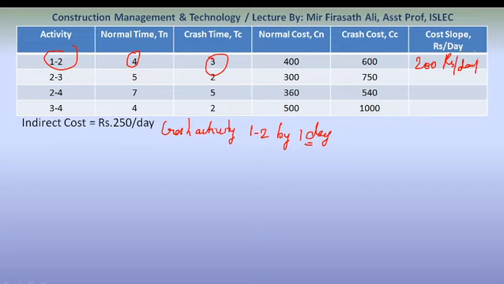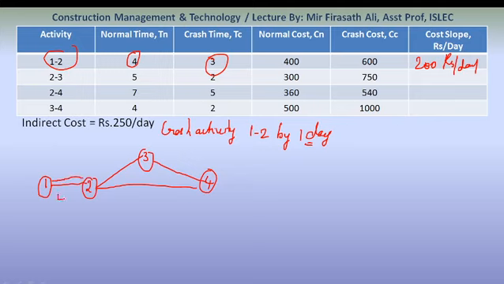Now look at our critical diagram. How much is it? 1, 2, 3, 4. Okay, so now both paths are critical paths. We are crashing this for 1 day, so actually it was 4, we are crashing it by 1. This actually was 5, we have crashed it for 2 days, so this becomes 3 days. This is the same as previous, this is the same as previous. So the critical path is both paths.